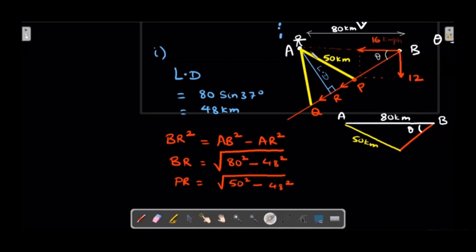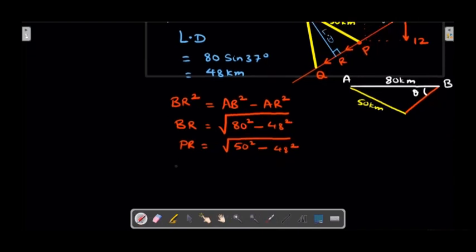I took two right angle triangles. Can you see one big right angle triangle here, to avoid the sine rule, cos rule? You can go ahead with the sine rule, cos rule here, but I'm trying to do it a bit differently. Okay, so this big right angle triangle, can you follow the diagram? Big right angle triangle, right? I found BR square is equal to 80 square minus 48 square. Then there is a shorter right angle triangle like this, where 50 square minus 48 square will give you PR. So with BR known and PR known, I can find BP. So the value of BP is equal to BR minus PR. You'll get some number,